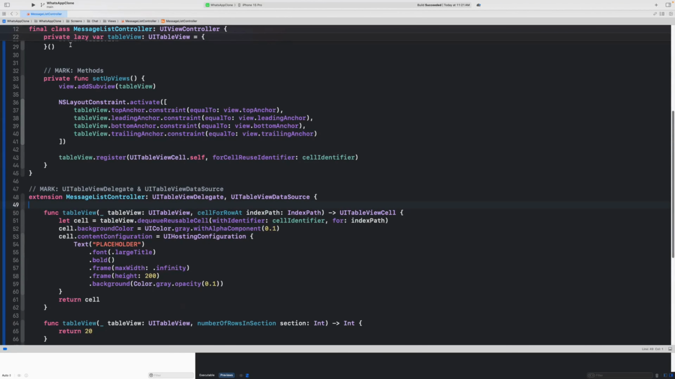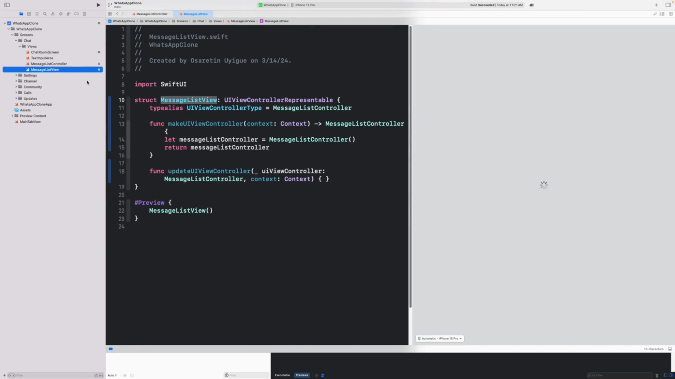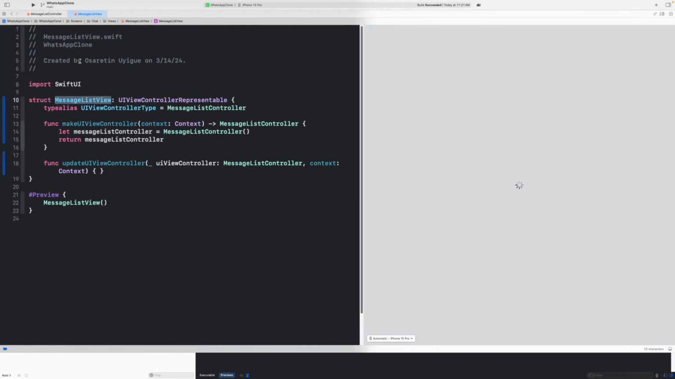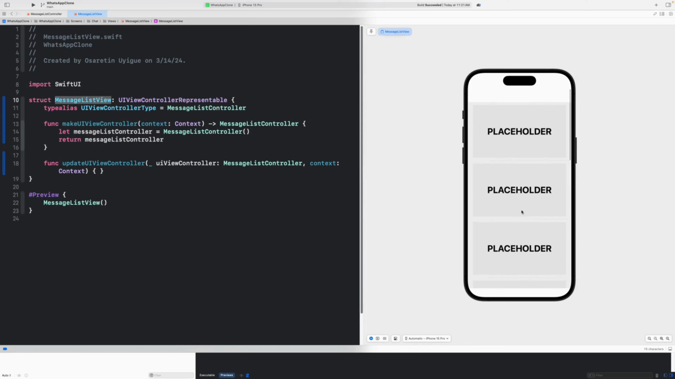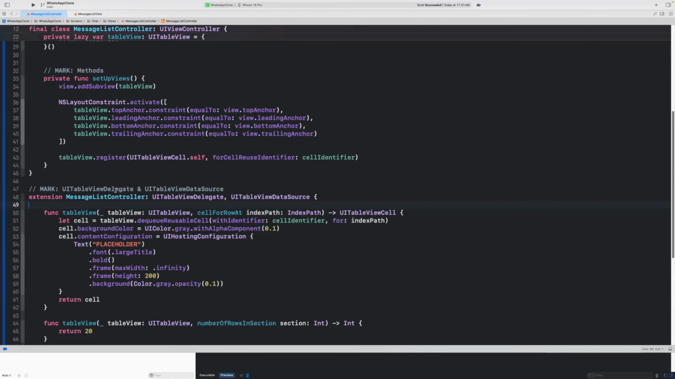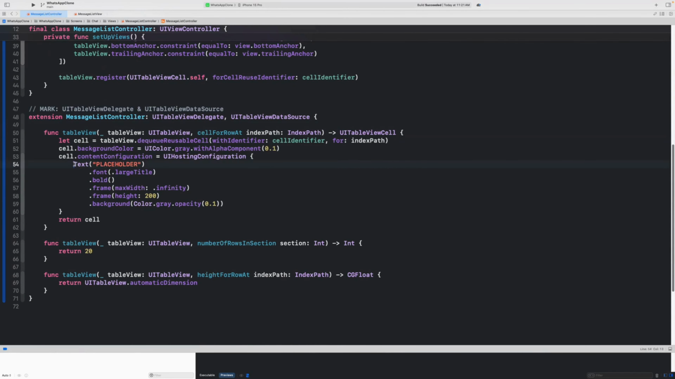So now let's go back to our message list view. So if we open our panel, MessageListView, let's see what we have here. Okay, as you can see, the message list view has these placeholder items. If I go back to the message list controller, you could pause the video and type in this placeholder code. But essentially, it's just a text component with a large font, bold frame, sort of like what we had in